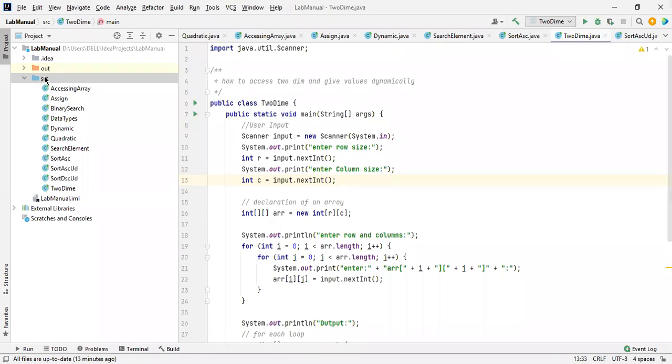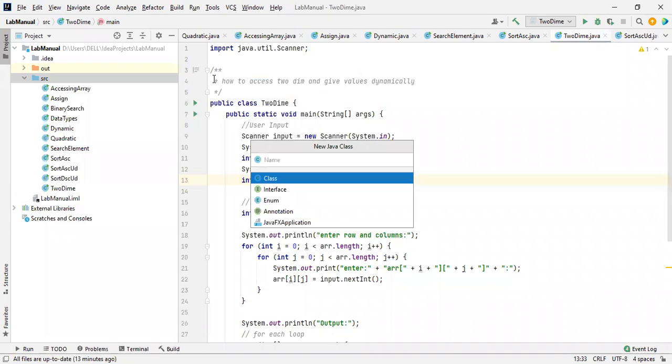Okay, let me create a program. What is the name? Varying lengths of an array. Okay, not this. Somewhat different name.